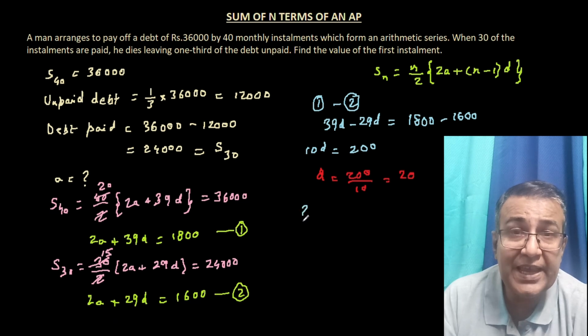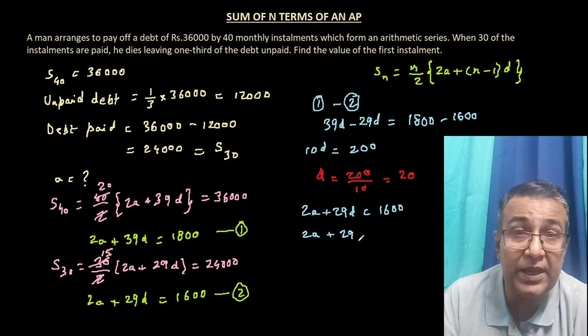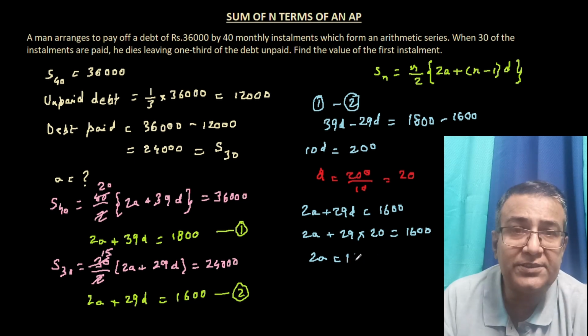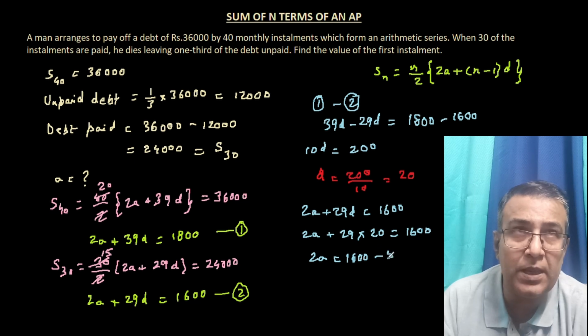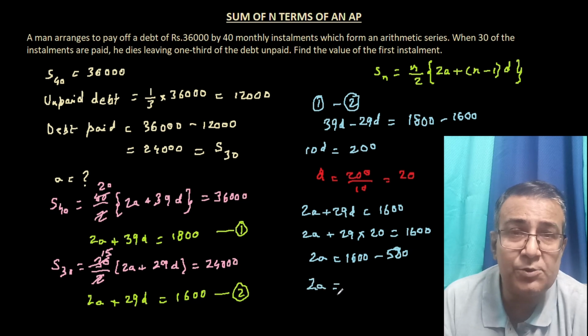Now the value of a can then be found out by putting this value of d into any of the equations. Let me put it in the second equation because here the numbers are smaller. So we get 2a plus 29 times 20, because d is equal to 20 now, should be equal to 1,600. I can take 29 times 20 to the other side, so we are left with 2a equal to 1,600 minus 29 times 20, which is 580, which means that 2a is equal to